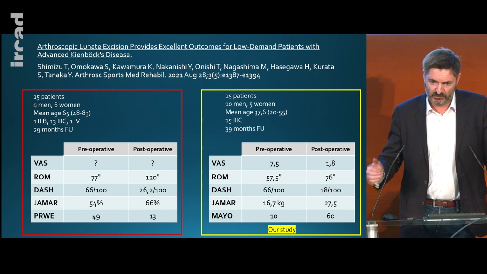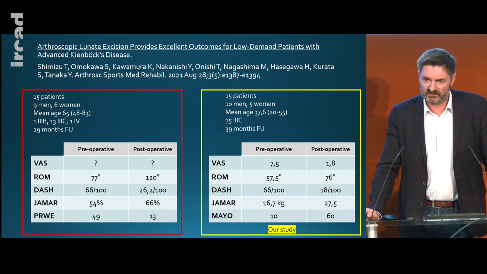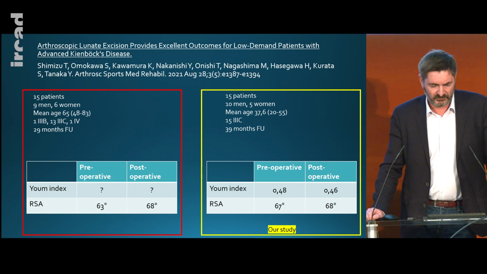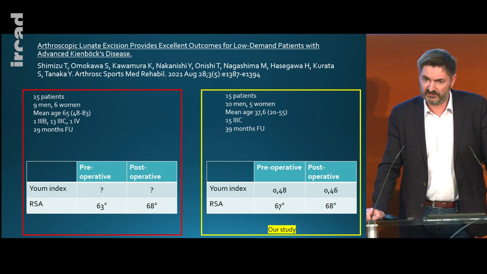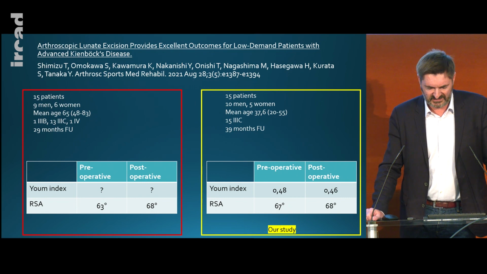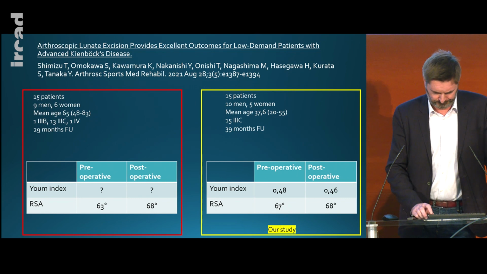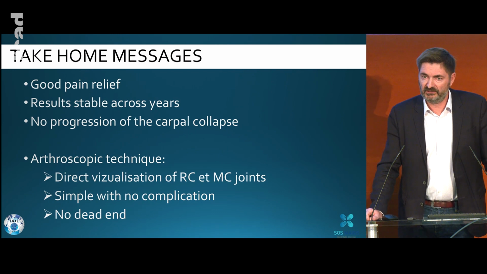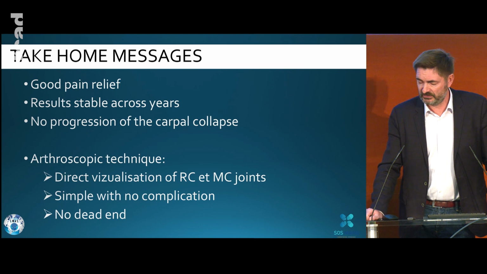That means we have decreasing of the pain, increasing of the mobility and the strength, and even with measurement of the different angles, we have the same result. So we can see that removing the lunate with arthroscopic control is good for the pain. We have a result stable across years without progression of